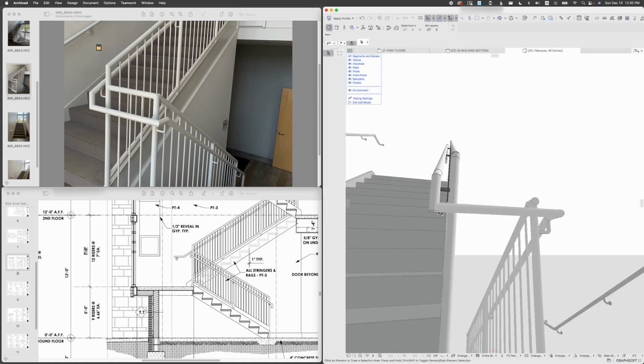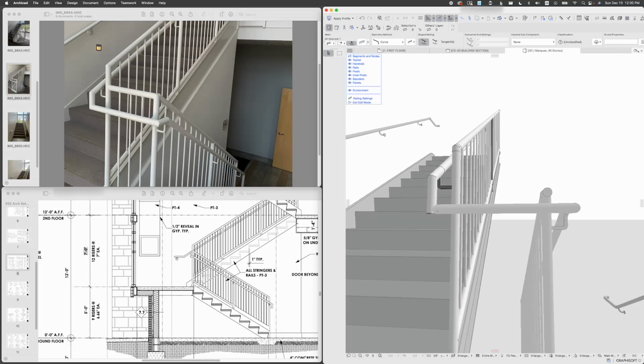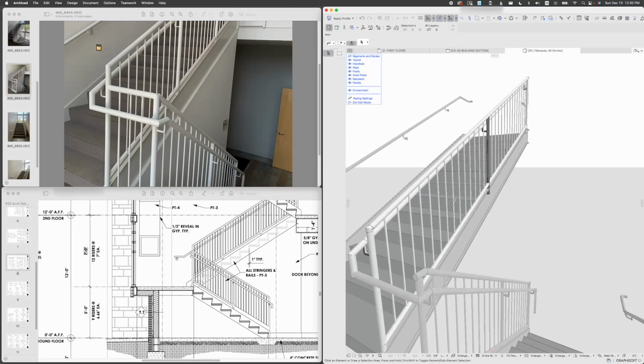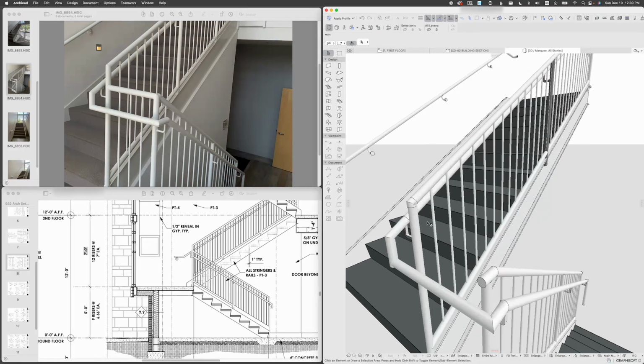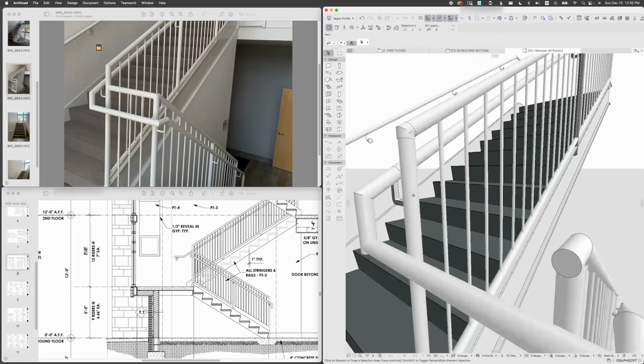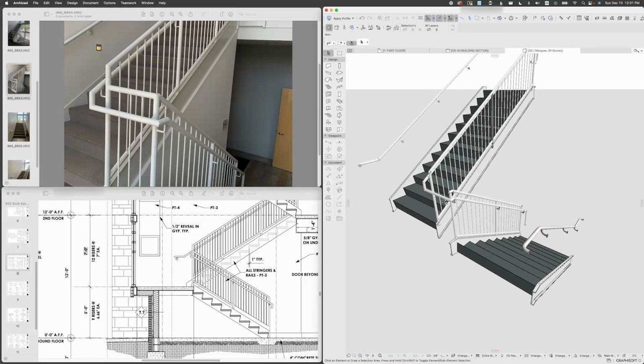It's really not that easy, but for some reason when I select this and try to change the sloped railing option, it does not work. I'm not sure why, but any of this won't work for me. I was hoping I could change the way how it cut, but anyway, I'll just leave this for right now. I think this little offset here can also be adjustable if you play with the numbers more, but for right